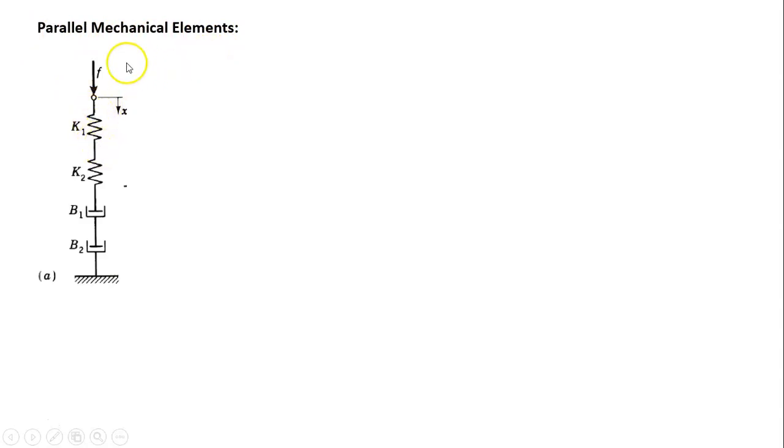Now next, parallel mechanical elements. This is the diagram of parallel mechanical elements. Again, a question may be in your mind that these elements look like they are in series, but sir is saying the elements are in parallel. Friends, I have already told you that this subject is from the electrical engineering branch. Therefore, such an arrangement of mechanical elements is known as parallel mechanical elements. In these parallel mechanical elements, two springs are there, K1, K2, two dampers are there, B1, B2, and force F is acting